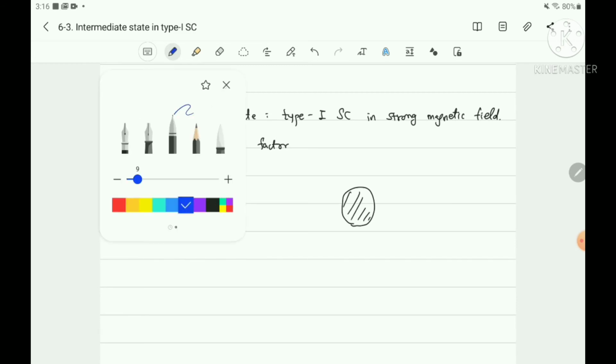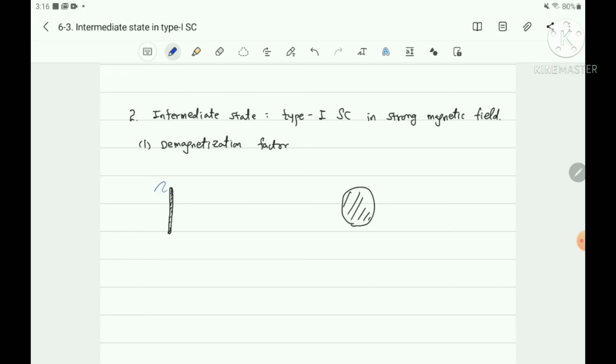In this case, when we apply a magnetic field, the field line can be straight, even though we consider the negative screening current. But in the sphere case, when you apply a magnetic field like this,